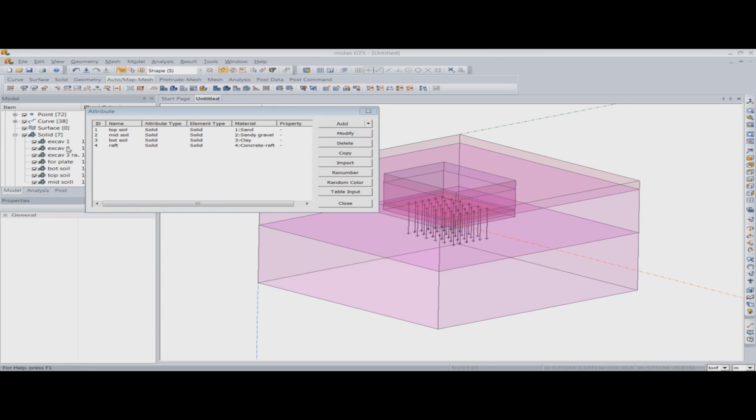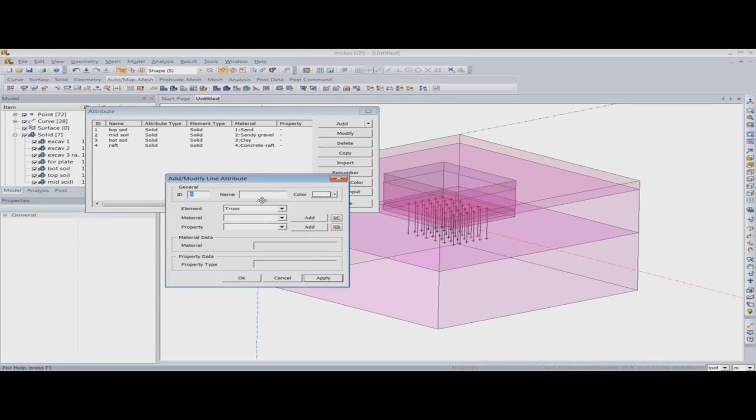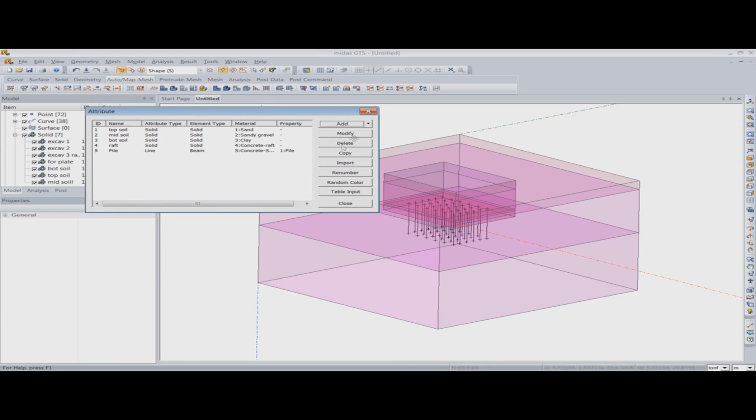The pile will be a line beam element, so I'll give it the name pile. The element type will be beam, and the material will be concrete, and the property will be pile that I have already defined. Then I'll define the properties for the pile to soil interaction and pile to raft interaction.